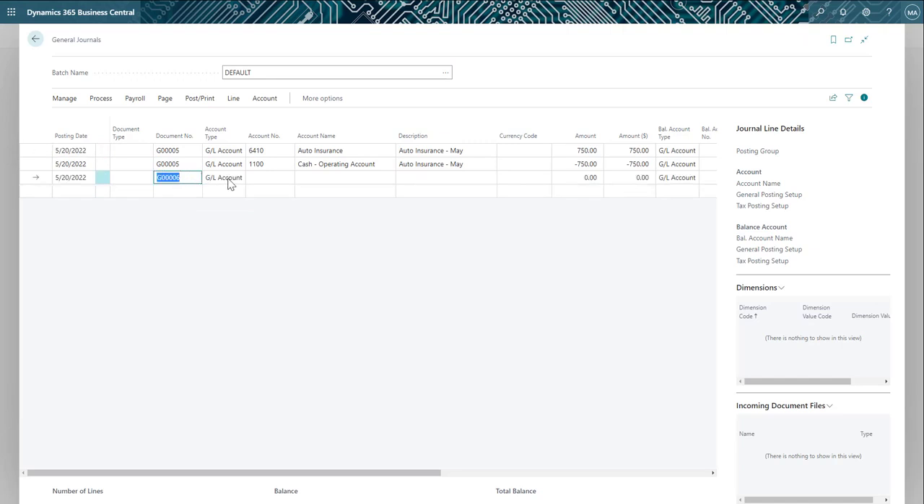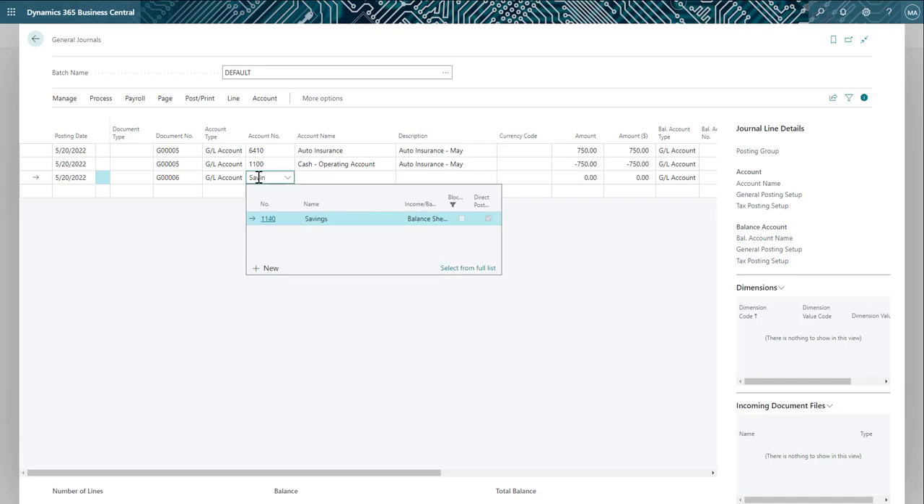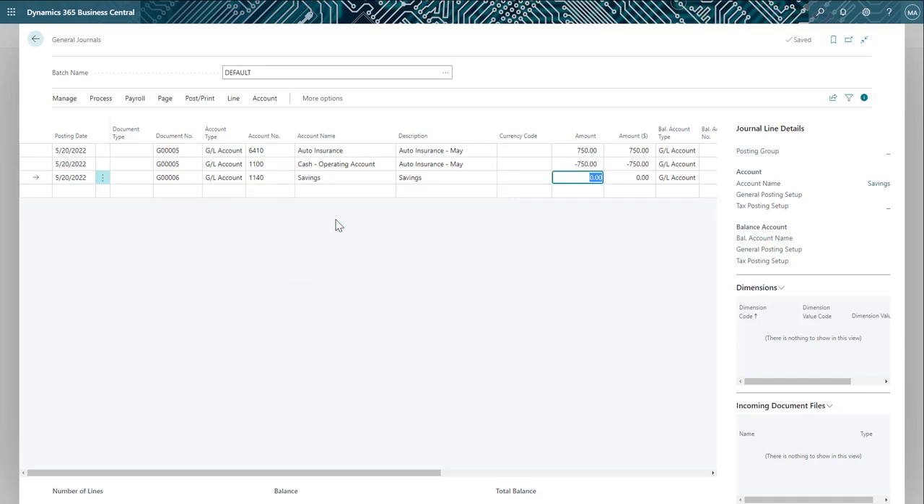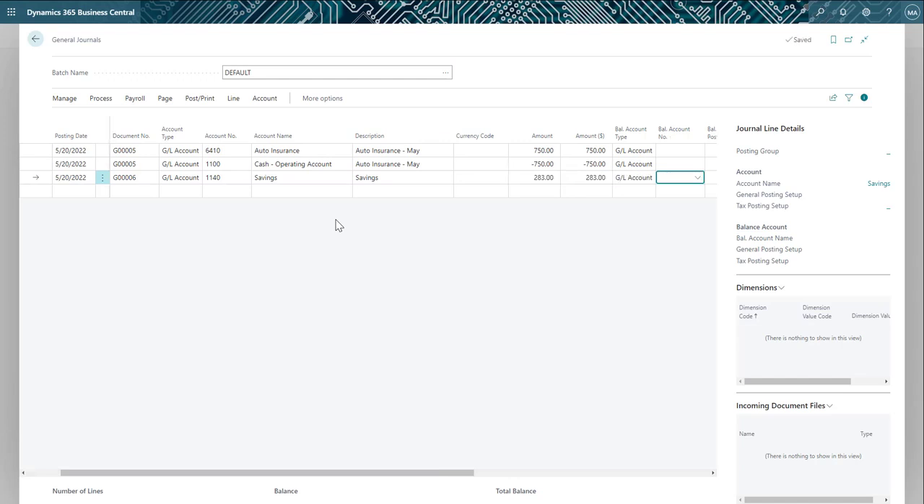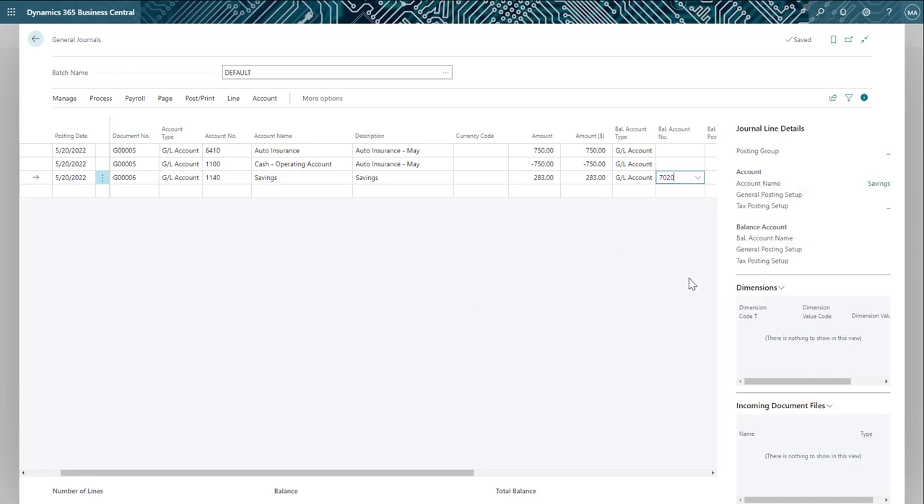Let's do that for the interest income. You can see how it's automatically filled in the document number for me, and I can start entering in the savings account and the amount of interest earned. Next, I can enter in the offset account that will automatically be credited. And this is an example of a quick and efficient way to enter in a lot of journal entries all